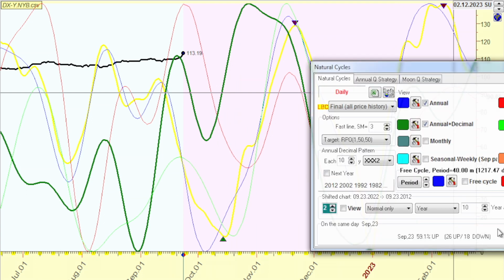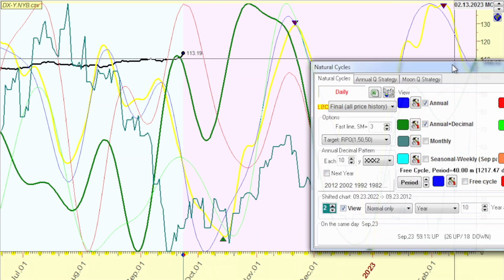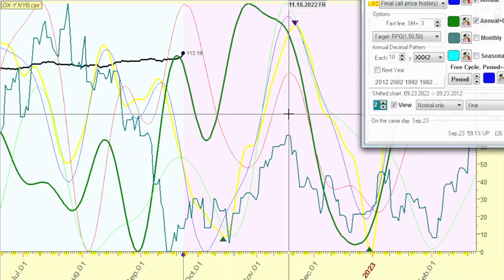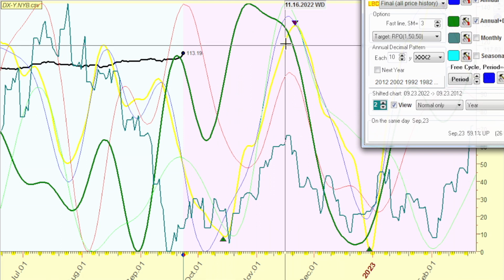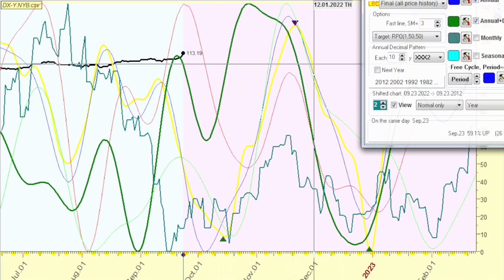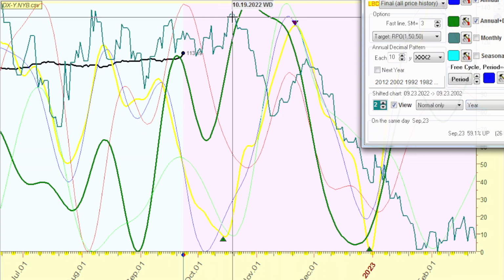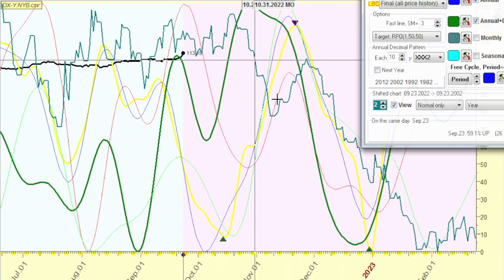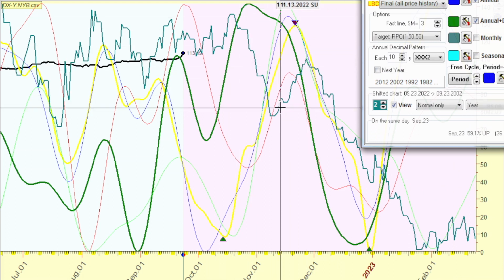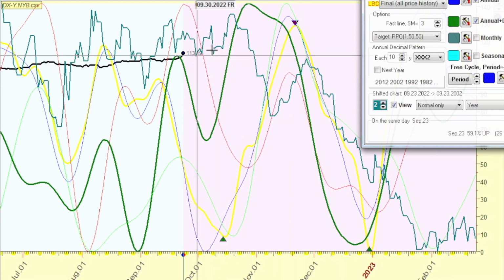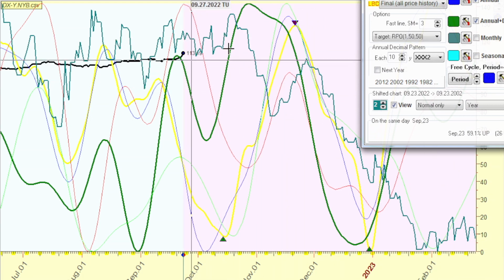Let's open this up here. Using our 10-year Gann technique averages, you can see that it hits a peak somewhere around November 18th. It kind of lines up all right here. And he also used the 20-year, and the 20-year shows a peak somewhere around October 19th. And then it pulls back in, it's the 26th, and then it goes down. So this is where you want to keep your eye on October and November.